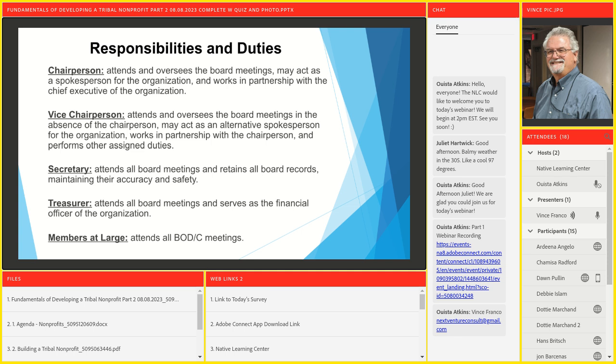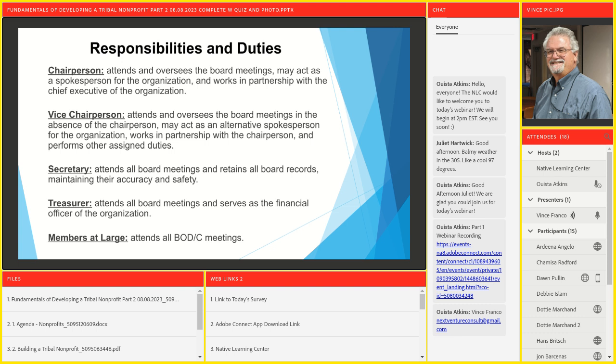According to Robert's Rules of Order, according to parliamentary procedure, the chairperson of the board attends and oversees the board meetings, may act as a spokesperson for the organization. That is assumed through parliamentary procedure, and works in partnership with the chief executive, if there is one, of the organization. Then it goes on to talk about a vice chair, if you have one, attends and oversees the board